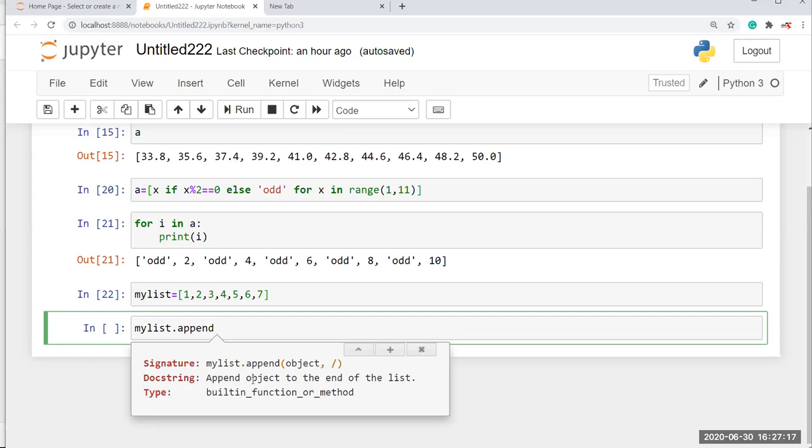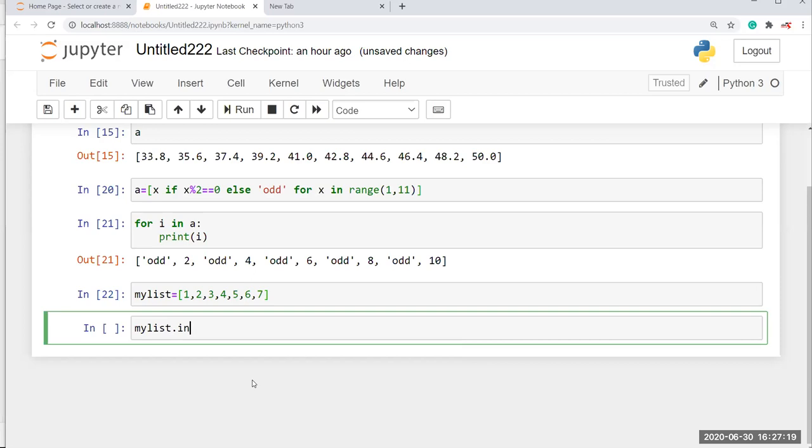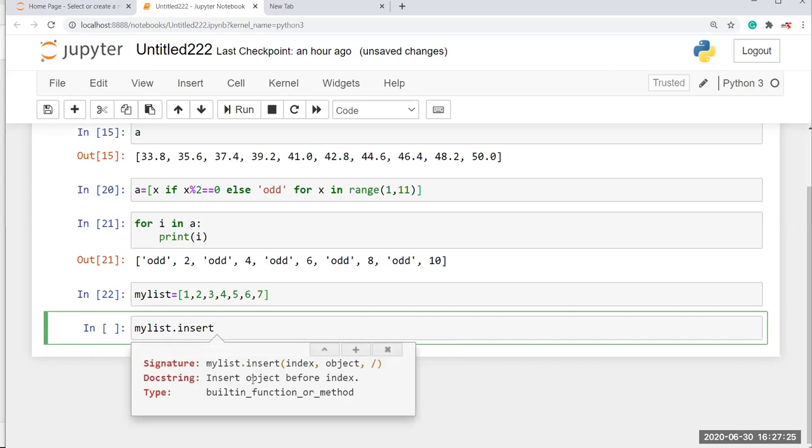Okay, so here I am going to change it to insert, right? So I am going to hit shift and tab. In Jupyter the shift and tab will work. If you are using IDLE or other platforms like PyCharm and Visual Studio Code, you have to use the help function for getting the information for the built-in methods and built-in functions.